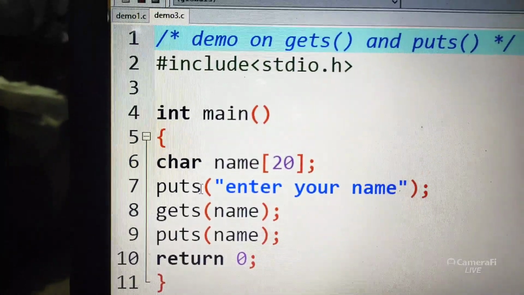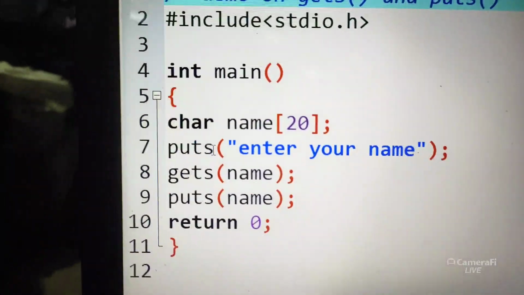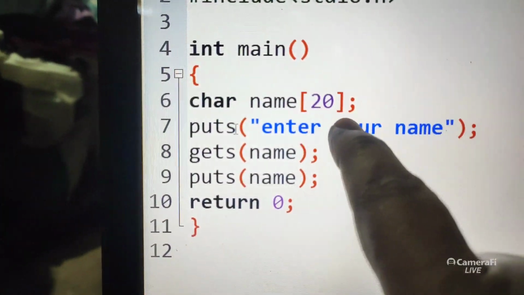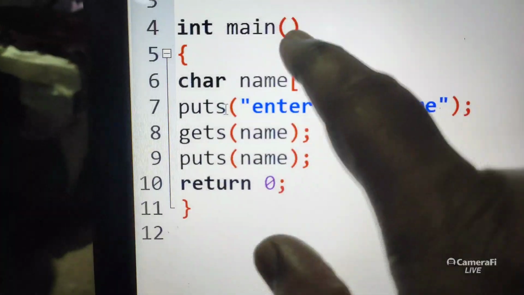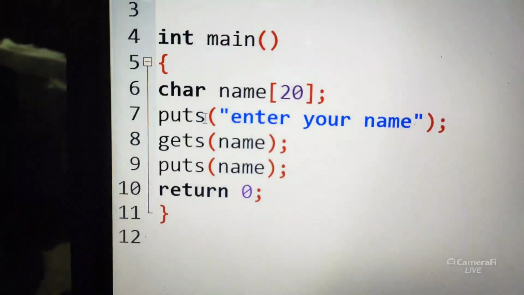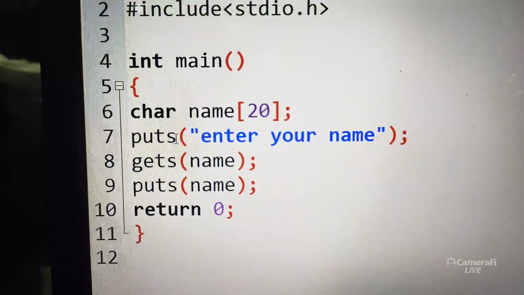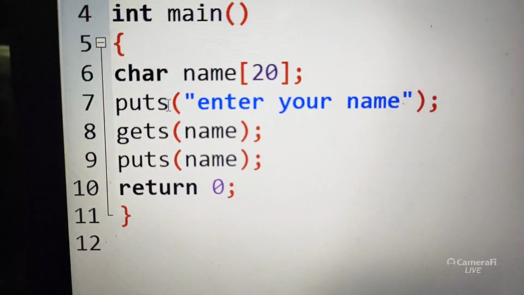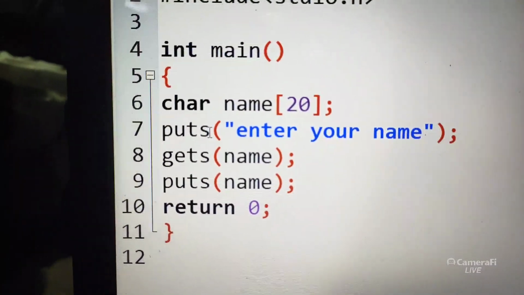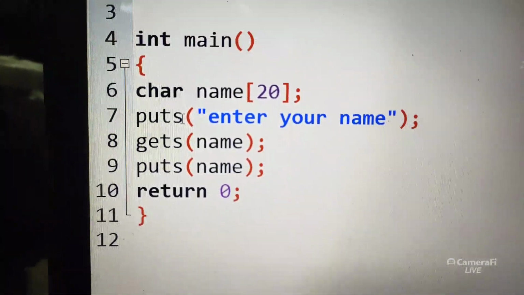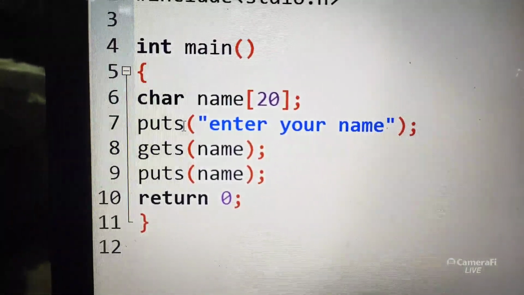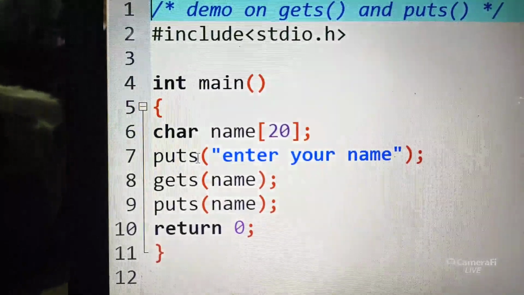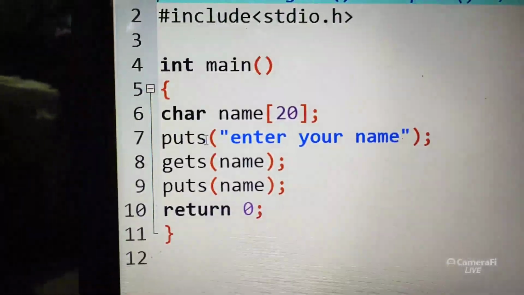Here also you can observe the same thing: square brackets, flower brackets, round brackets. Round brackets for function call, square brackets for size, flower braces for a block of statements, and every line ends with a semicolon.